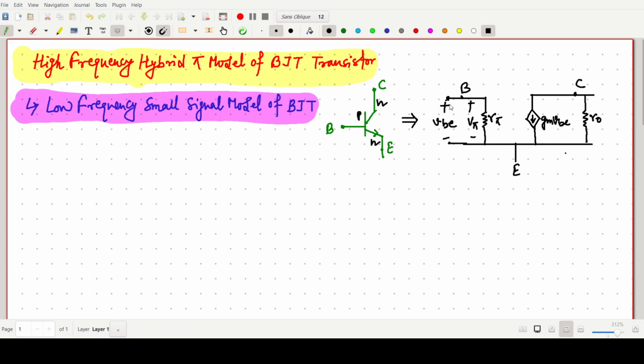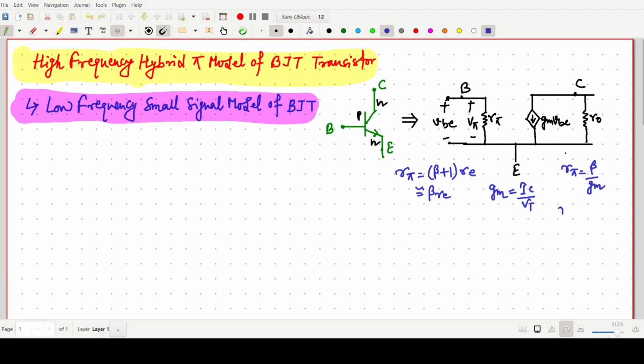or we can say this voltage is nothing but simply our small v be. We are familiar with this term. Some important formulas that I want to write for this small signal model: R pi equals beta plus 1 times re, that we have to know. This is nearly equal to beta times re. The transconductance gm equals Ic by Vt. The other formula: R pi equals beta by gm.